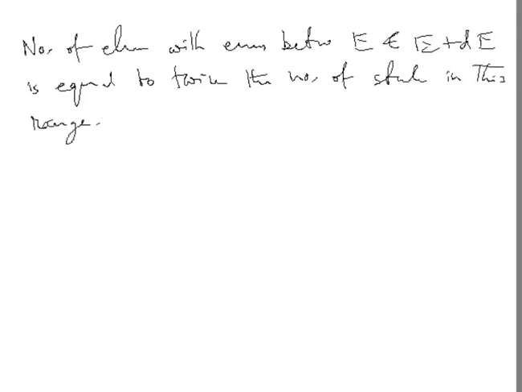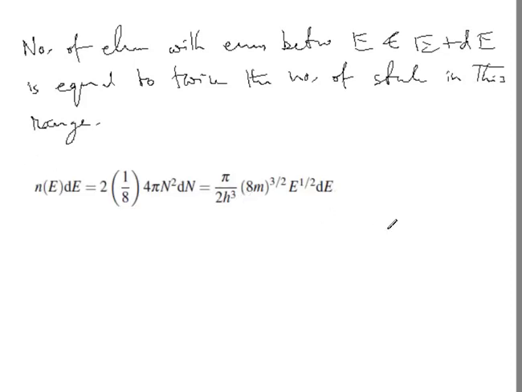And so we can write it like this. You see, this is the 2 factor over here. So this is equation 6, and here we have used this expression for N,